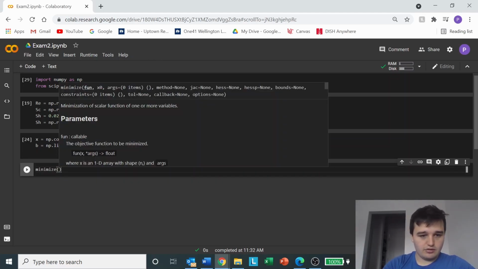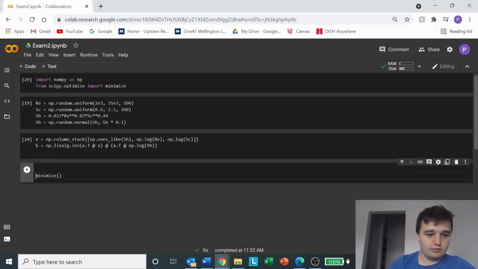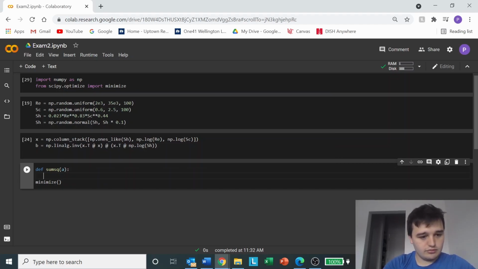The minimize function takes a function within it and x0, which is the initial guesses. So I guess the only way here is to create a function. So let's define a new function. We'll call it sum_squares, and we'll give it the argument A. Now we need to return